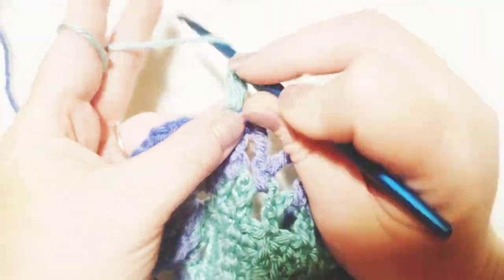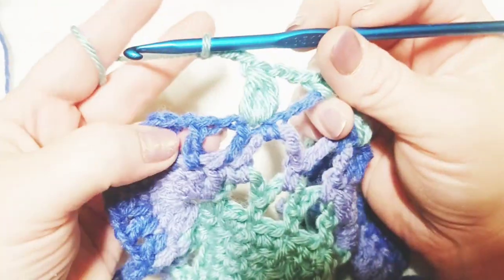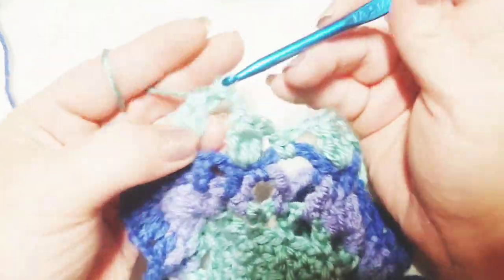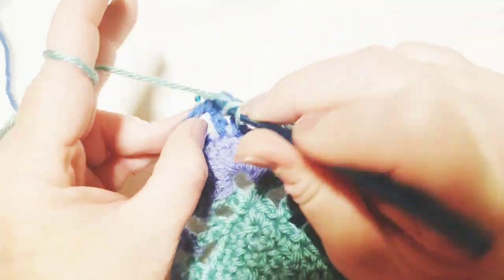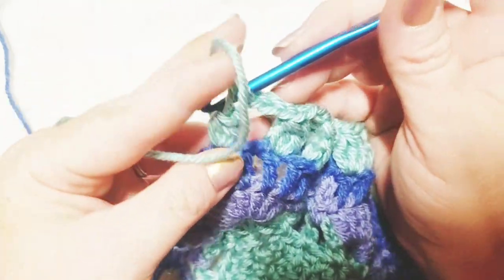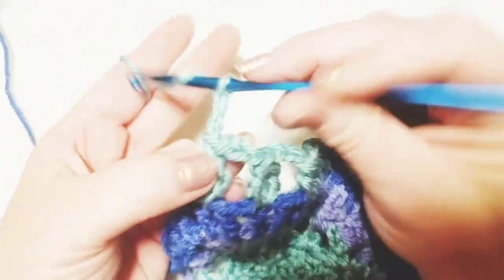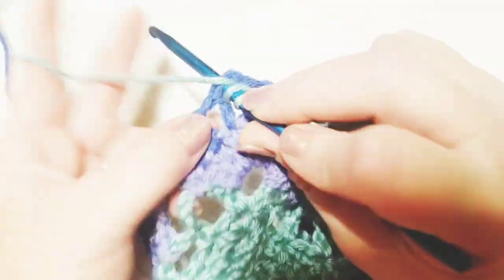So I'm doing my first one, 1, 2, 3 in between, skip the next stitch, go over here to the 3rd and do another cluster. 1, 2, 3. We're going to skip the next stitch, go over here into what I think is the 5th stitch, and do another cluster. I'm losing count. And I'm going to chain 3, skipping this next stitch, going into this one,